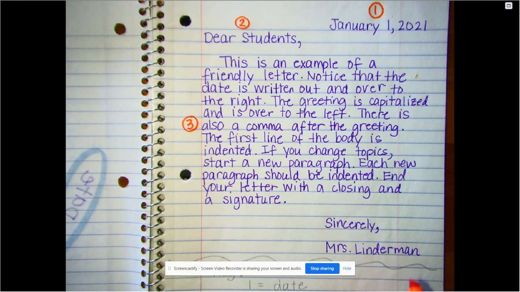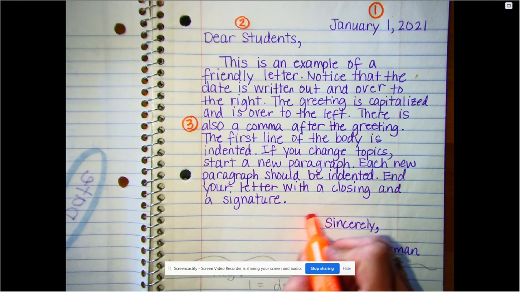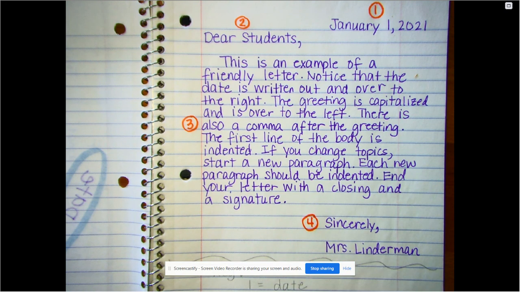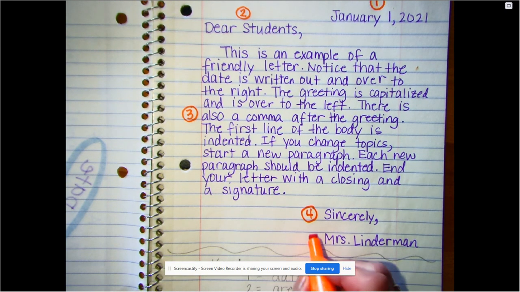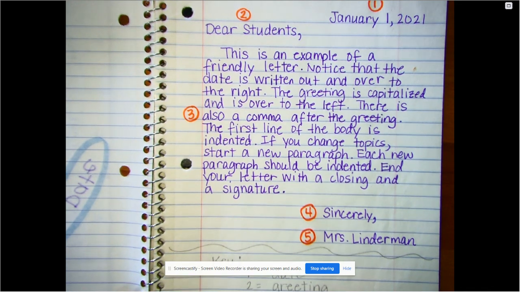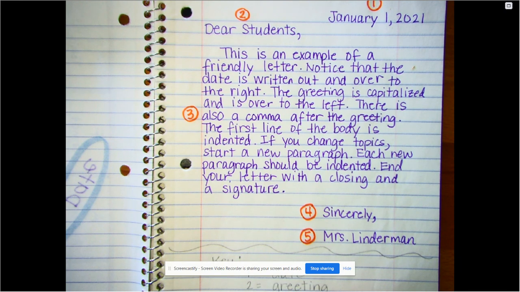Okay, for number 4, our closing. There's lots of different closings. Maybe you write a letter and you sign it love, or you sign it best regards. There's lots of different ways to sign a letter. And then finally, you'll notice the signature. That's where you sign your name, right? You want to put your name on the letter so that they know who it's from. Okay, so at the very bottom, and I did this in pencil, so I'll copy over in marker so that you can see it when you're ready to copy it down.